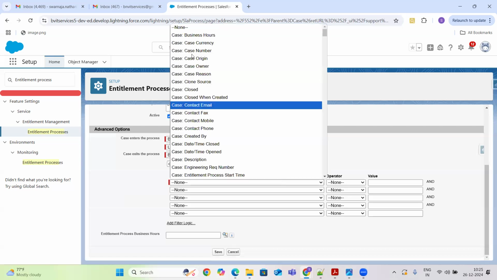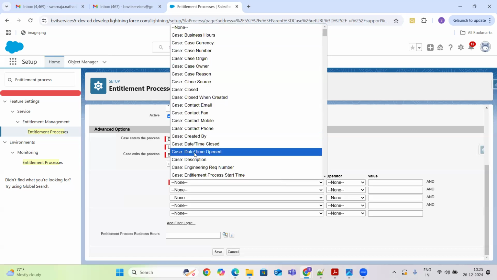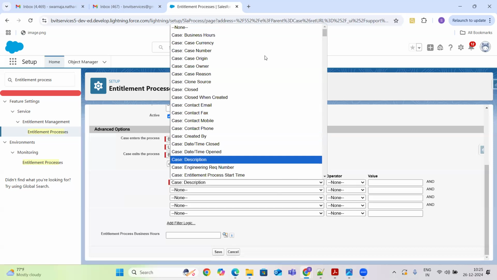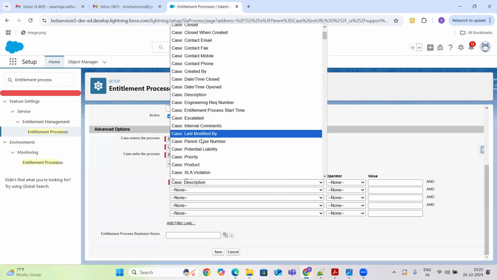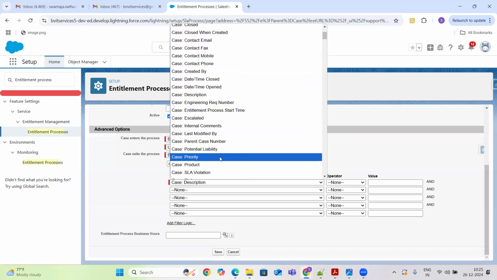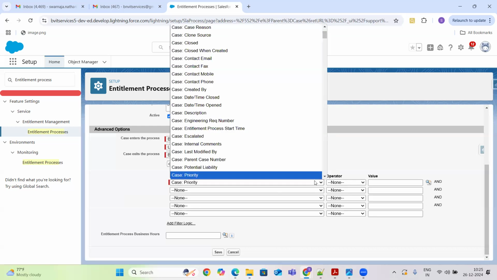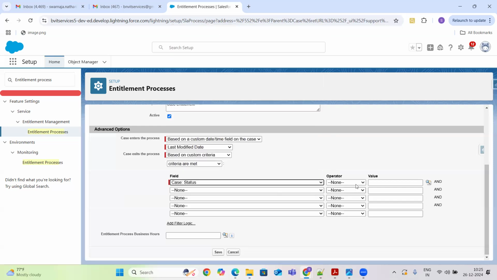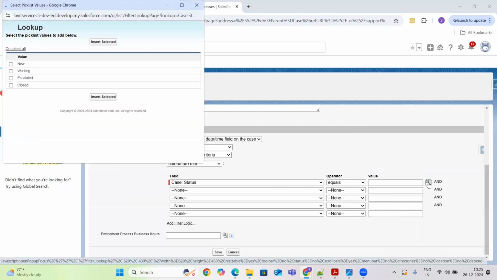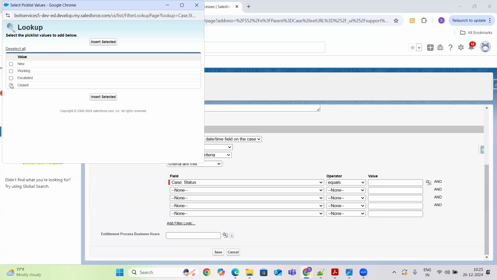For example, if case status, or case priority, or else I can go with the case status also: case status equals closed.